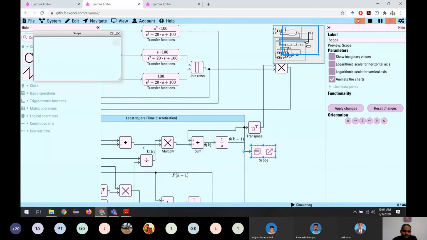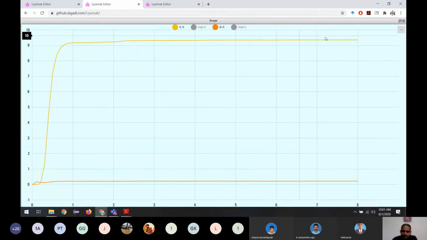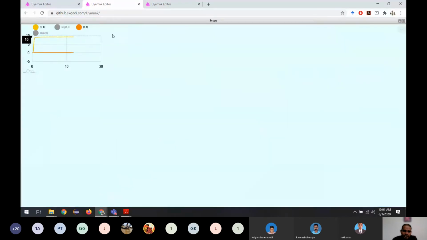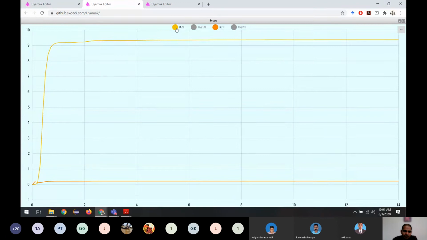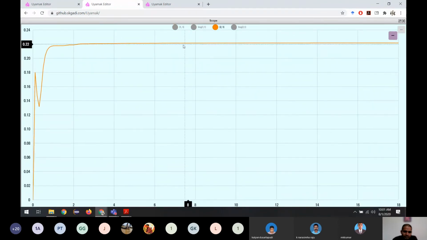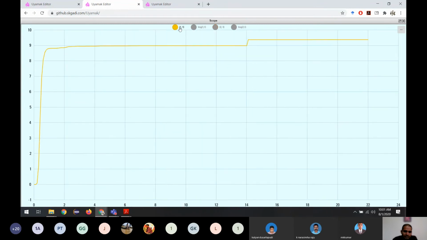Let us see the result. Okay. So we are expecting 9.3 and 0.22. Let us see what we are getting. We are getting 0.22. It's very close to the 0.22. And the other one is